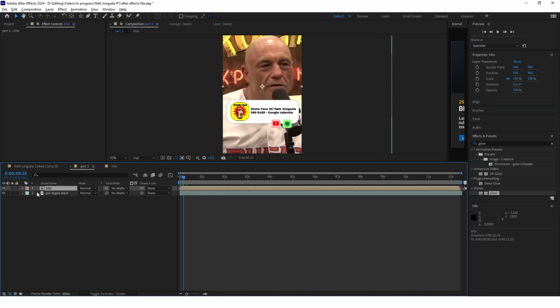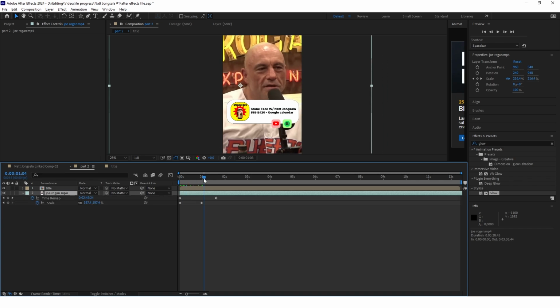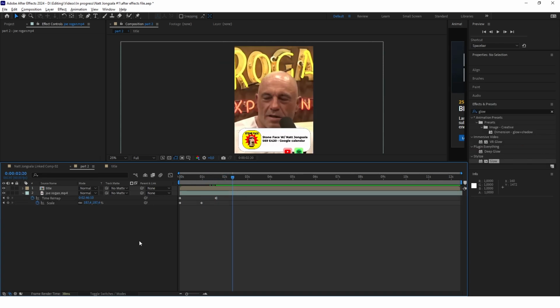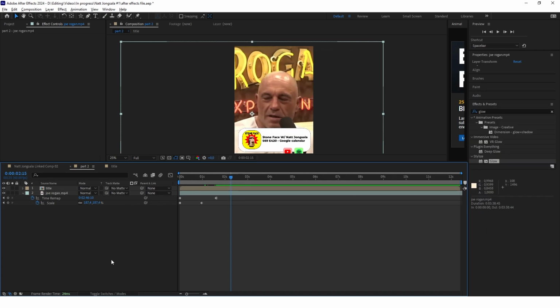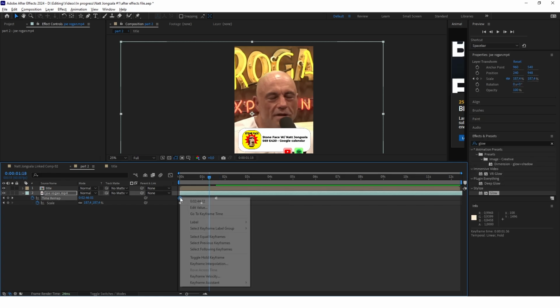And also what I've done is I've created a toggle hold keyframe here to create this freeze frame effect, because in this moment we will be cutting Joe's head. So in order to create this freeze frame effect, you have to right click on this layer, go to time, enable time remapping, and then you will be able to keyframe the time remap, and then just right click on the keyframe that you create and go to toggle hold keyframe.